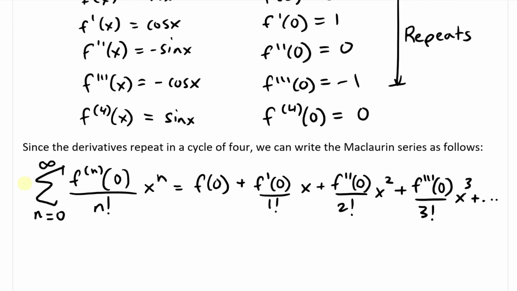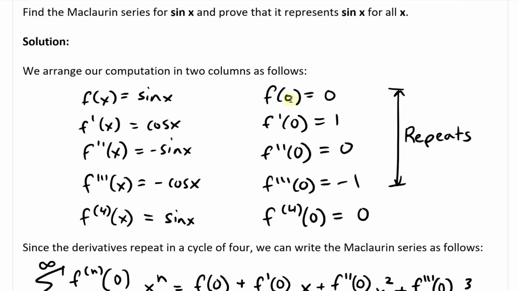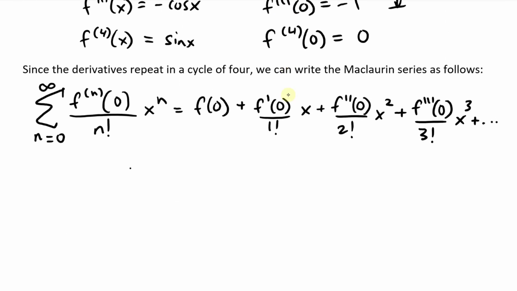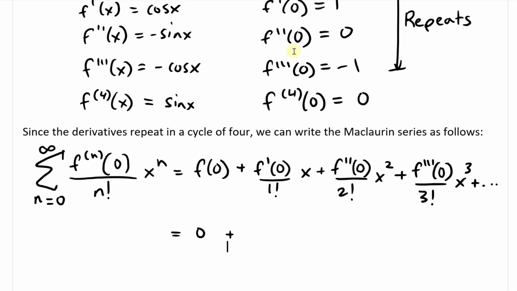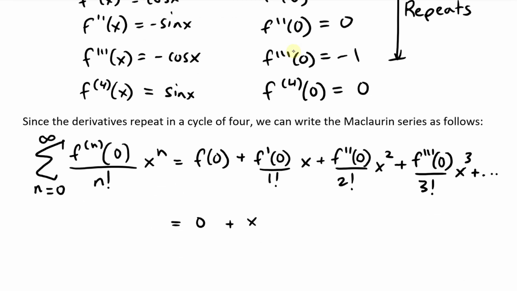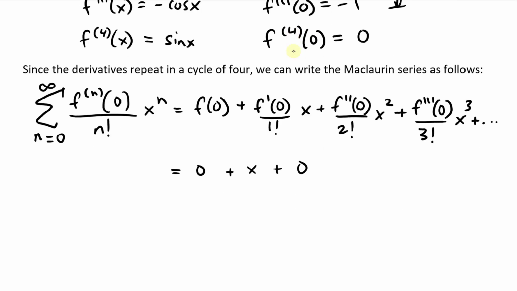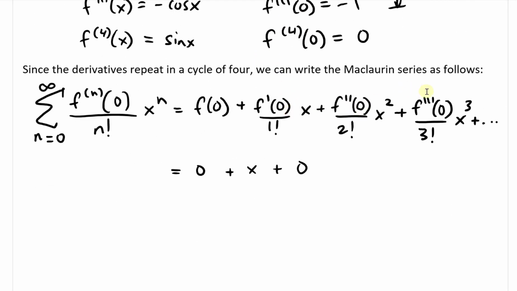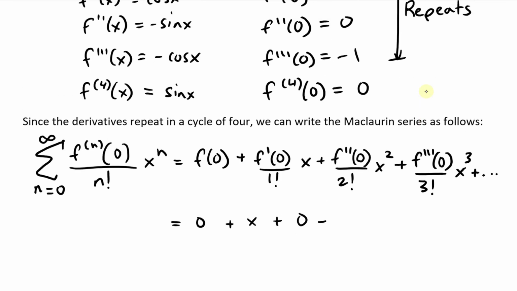Alright, now that we have this, let's plug in our values for the derivative. So f of 0 is 0, so plug this in. It's going to be 0 plus, and then the first one's going to be 1 over 1 factorial times x, which is x. And the next one, f double prime, is going to be 0, so plus 0. And then the next one's going to be a negative, so that's the third derivative. F triple prime is going to be a negative, so negative 1, times x cubed